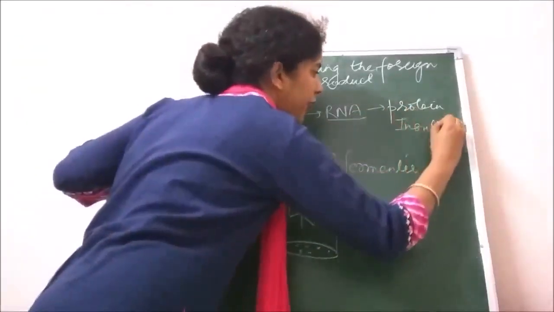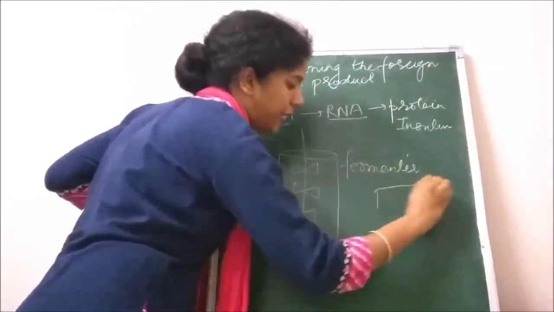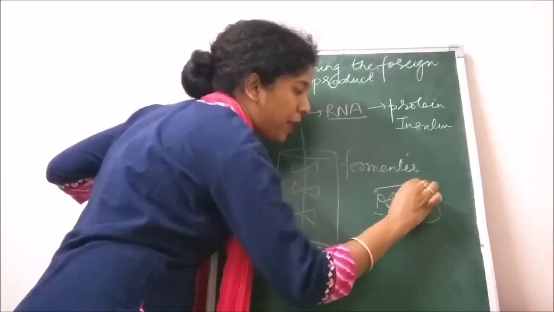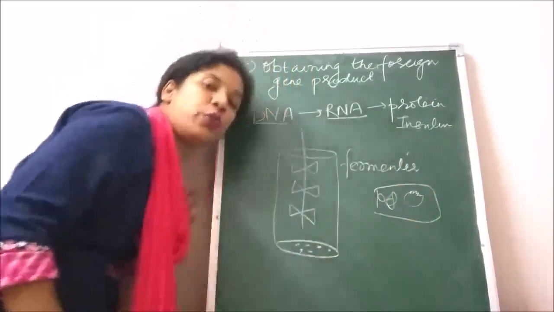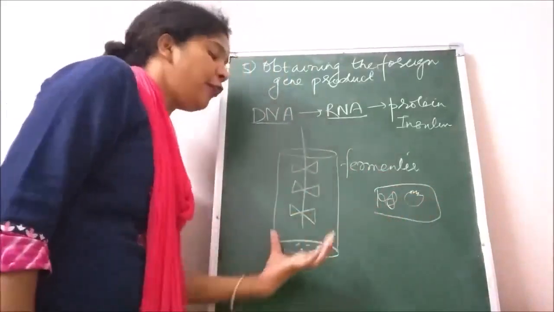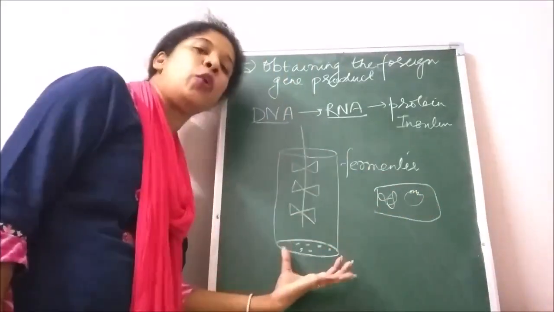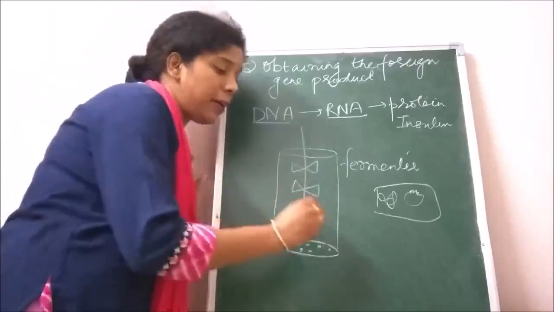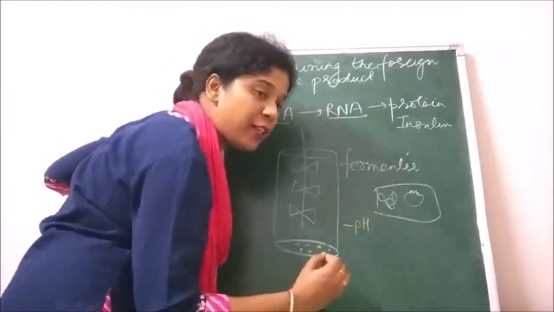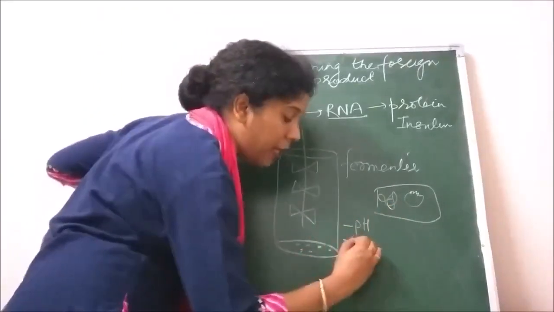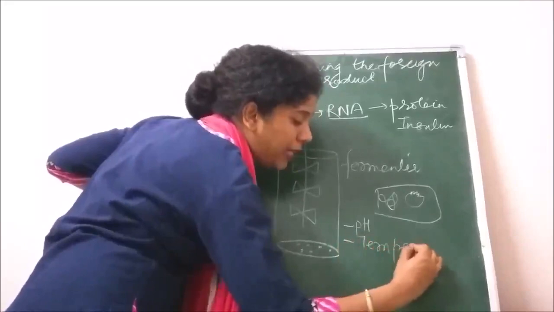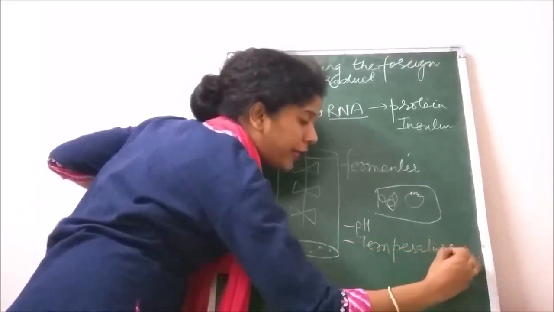So we have isolated a bacterial cell which is having the genomic DNA and the recombinant plasmid having the gene of interest which is coding for insulin. We are going to inoculate this bacteria into big fermenters where they are going to amplify in their number. So we have to optimize various physical conditions, like the pH has to be optimum as per the bacteria. The temperature which suits the bacteria is between 37 to 40 degrees centigrade.